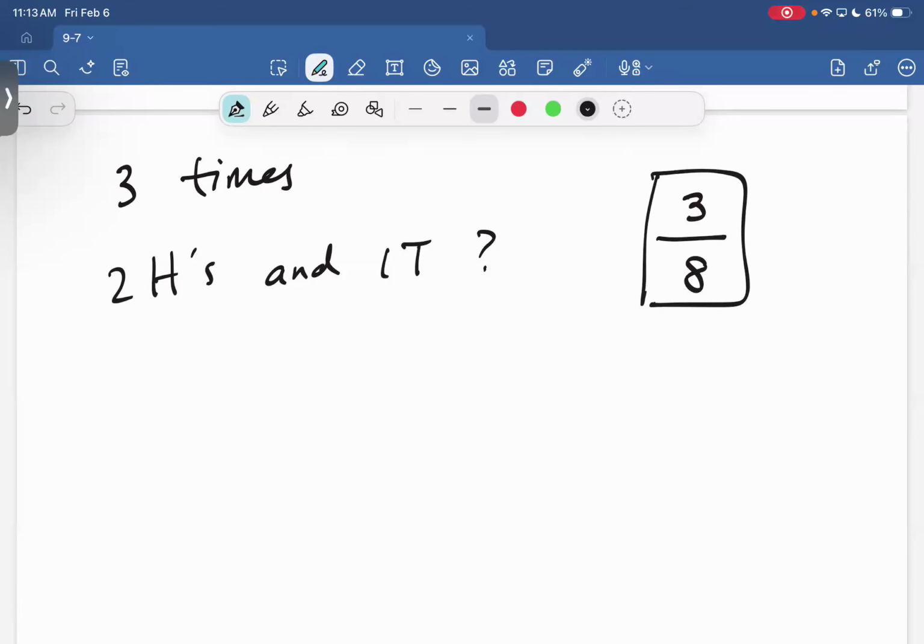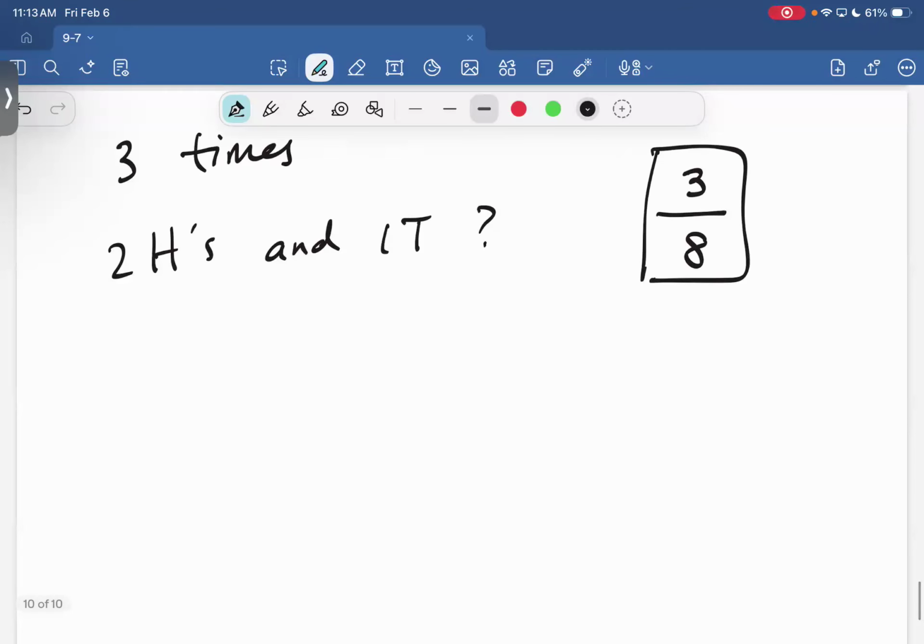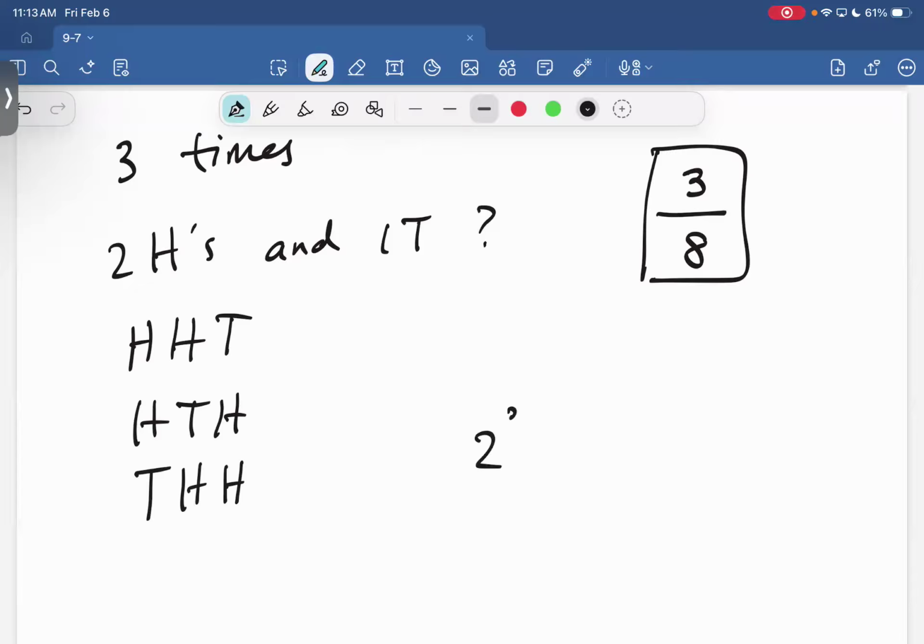The reason is because there are three possible desired outcomes. We could either have HHT, or we could have HTH, or we could have THH. So there are three possible outcomes out of 8 total outcomes. 8 because that's 2 cubed, right? Makes sense? So really this question of 2 heads and 1 tail in any order,